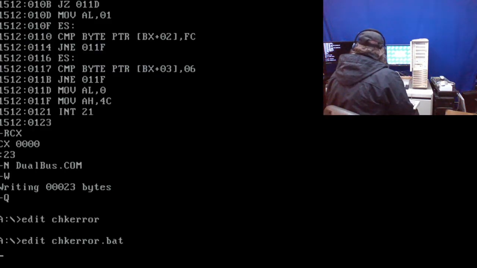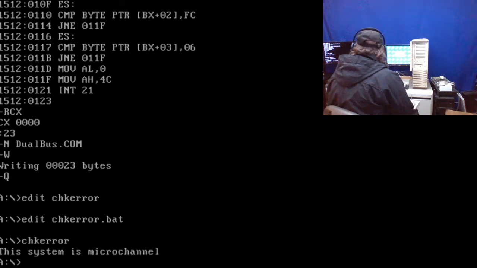But now when we do the check error, okay, and it didn't report for a dual bus. And I could look with debug. I wonder if, even though I was hoping that it'd go through